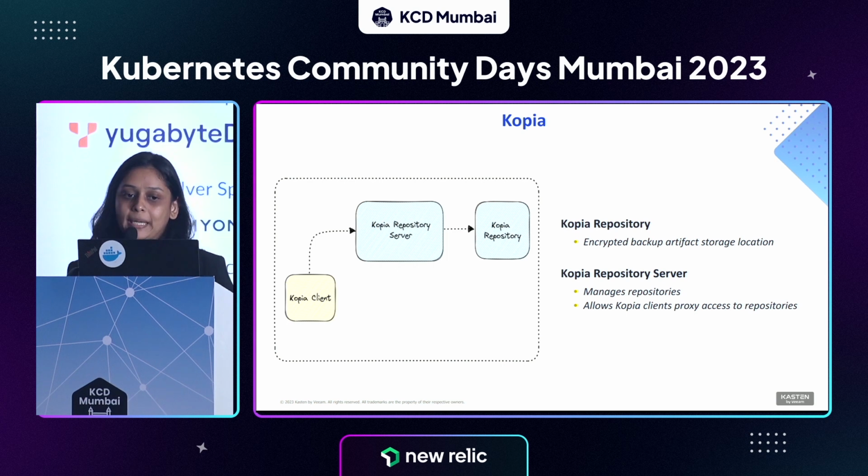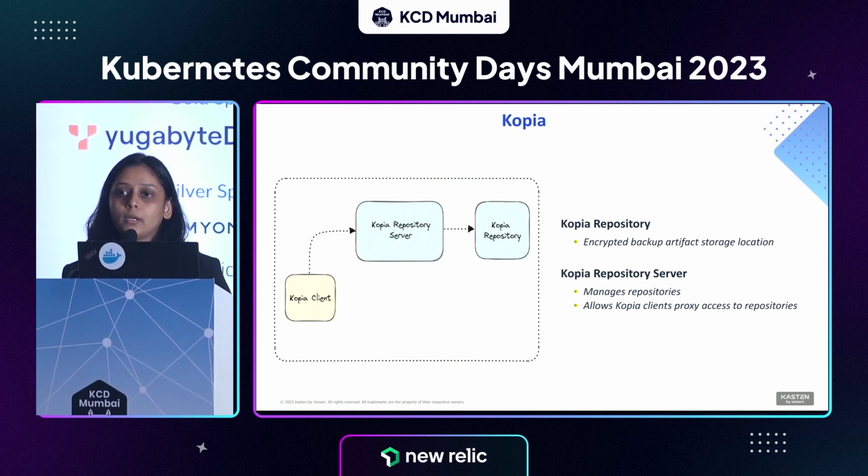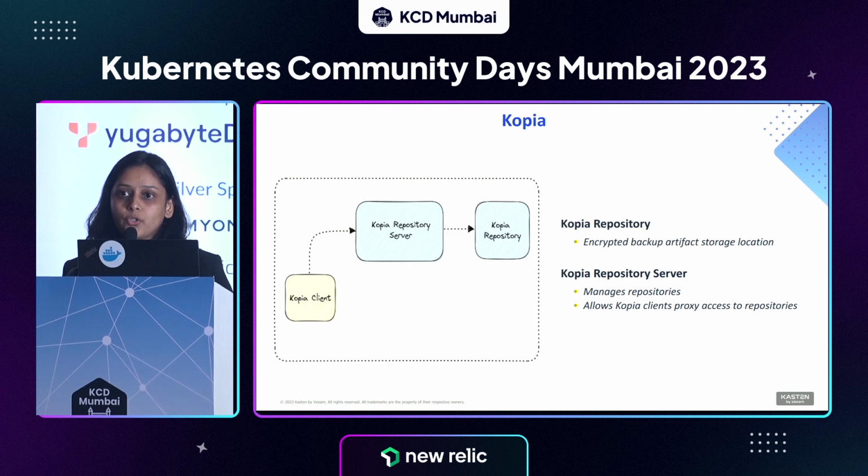Okay, so the main three terms that we'll be talking about in the demo related to Kopia are Kopia server, Kopia client, and Kopia repository. Kopia repository is nothing but the backend storage where we are going to upload the data. In Kopia, it is called the Kopia repository. It is protected by a password and a user. So at a time, only one user can access it,